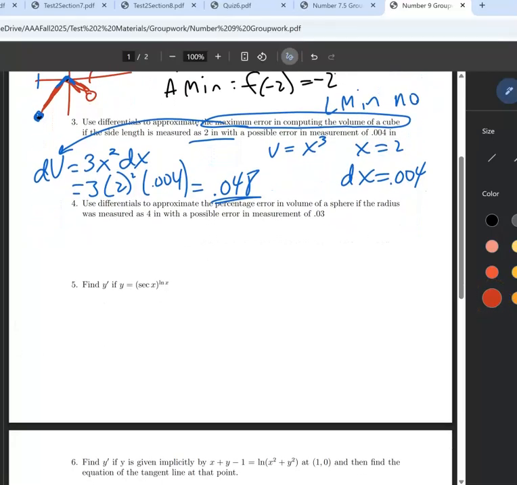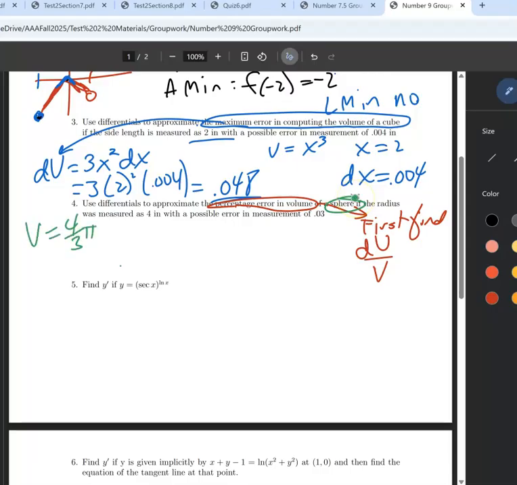Okay, so percentage error. So first you have to find the relative error in volume. So that means you got to find dV over V. So what are we talking about here? We're talking about a sphere. So you know the volume of a sphere is 4/3 pi r cubed. And so do this first. So dV over V,